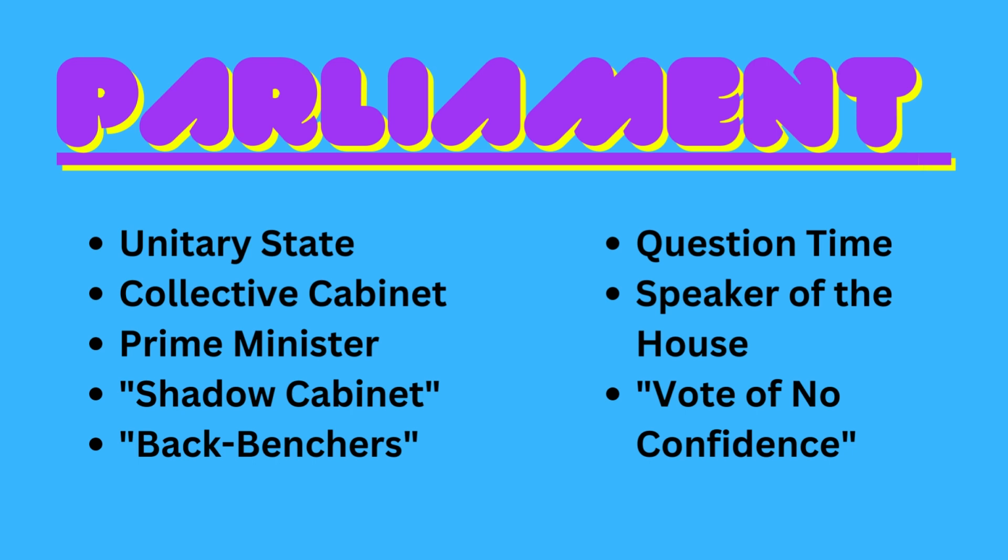Above all, in a parliamentary system, the majority party must maintain party discipline. If a major vote comes to the floor and majority party members do not back it, that is called a vote of no confidence. And by tradition, the cabinet must immediately resign and new elections must be held.